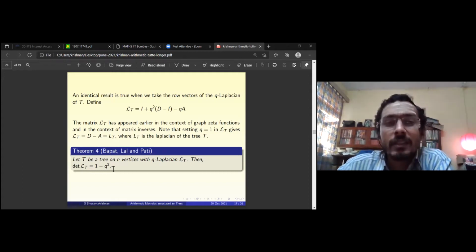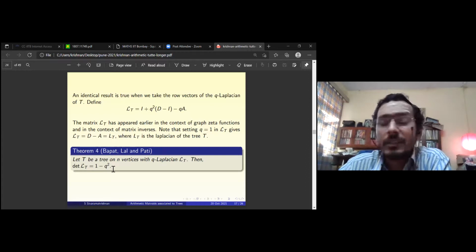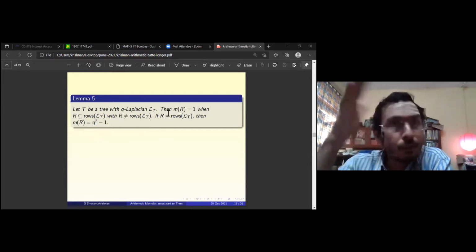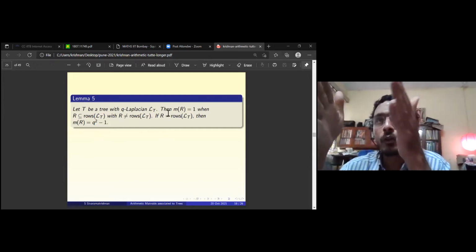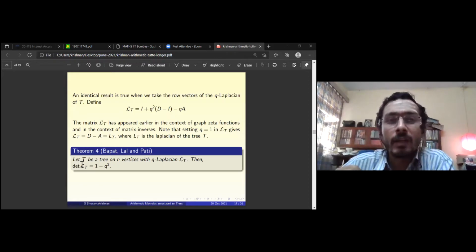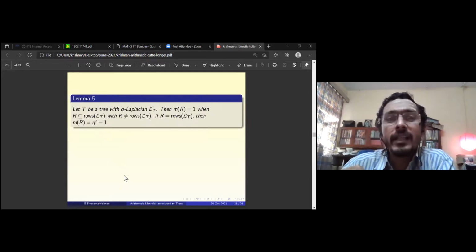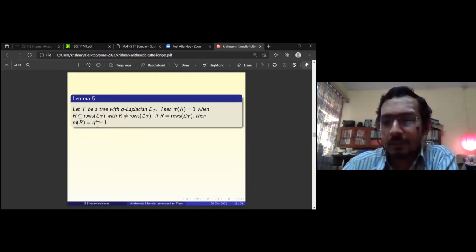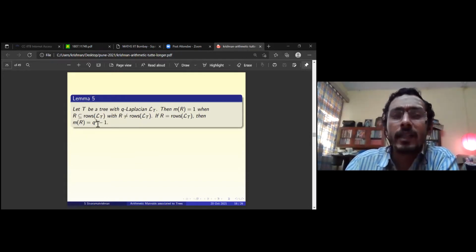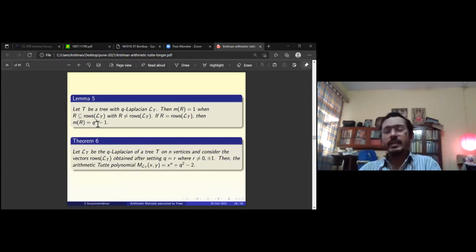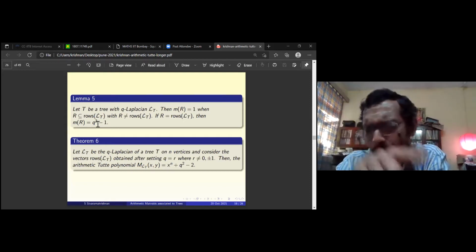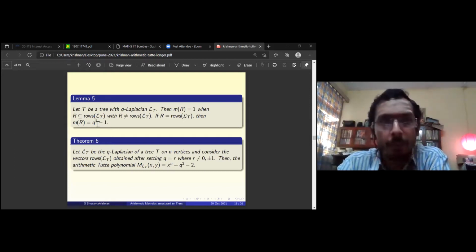So this is the determinant of the Q analog of the Laplacian. Here again we find, if you start with the Q Laplacian L_T and do the same thing, you set some value for Q. Again we'll avoid 1 and minus 1, and in that case, if you look at the multiplicity, it turns out to be Q squared minus 1. Once you do it for one thing, you can try to do it for the other. And indeed, in the last lecture we mentioned that the inverse of the exponential distance matrix is the Q Laplacian up to a scalar.